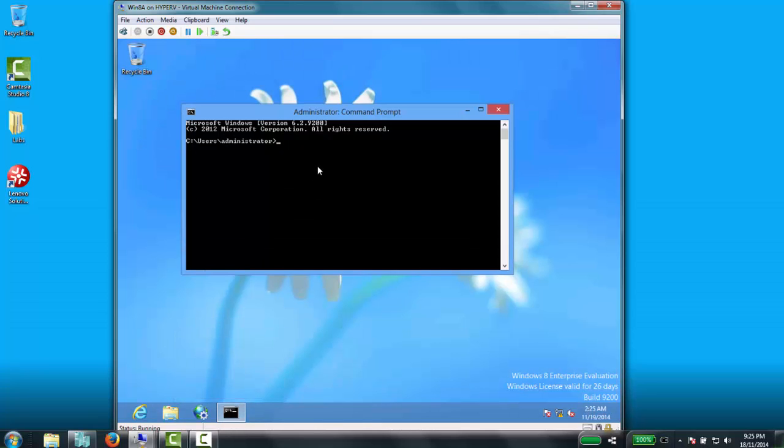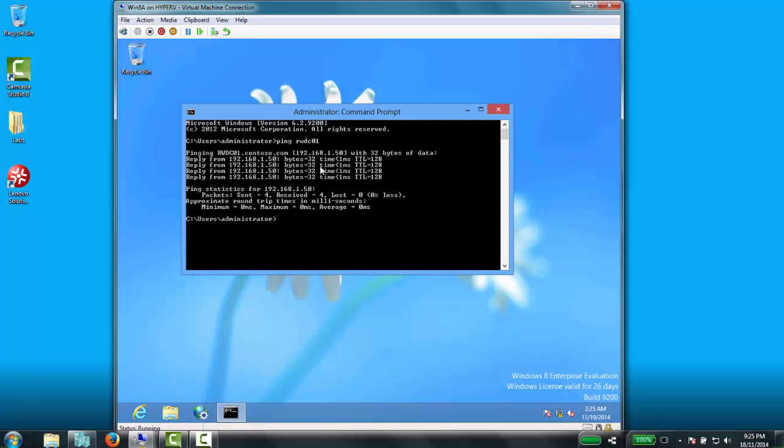First thing we're going to do is check for basic network connectivity and make sure we can access the servers and resources that we're going to need to complete this lab. So we're going to ping RWDC01 by name, and we're getting a reply back. So we know DNS is actually up and running, and so is the server. If you don't get a response, go back, check your network settings, make sure that everything's running first